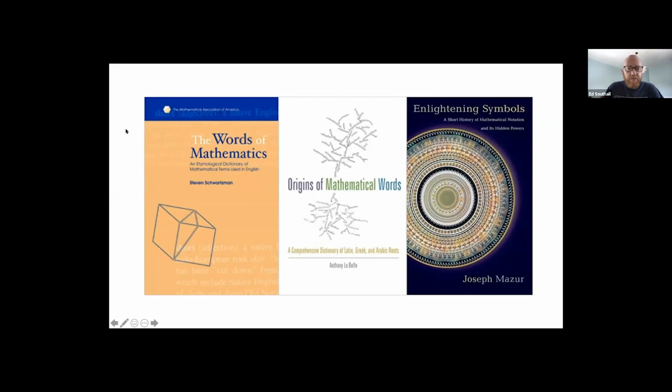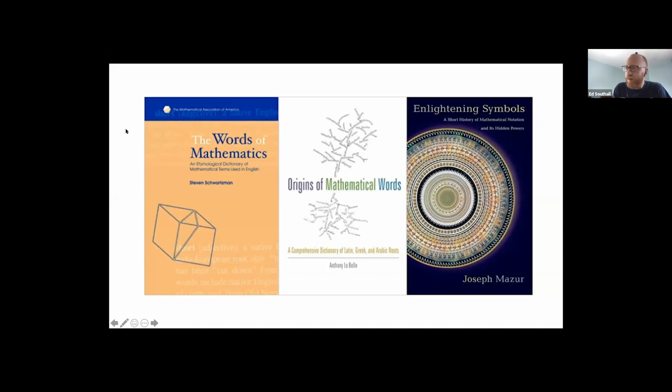The second book is very similar to the first in terms of its content. It's essentially just a dictionary of maths, explaining the etymology of some of the words. It's more recent, but what's hilarious with that book is the author, Anthony Lobello, is just the most cynical, mean human being I think I've ever got the impression of, just through the page alone. So his book is quite amusing to read, and I'll give you a sample in a second to get a feel for the sort of tone of the way he writes.